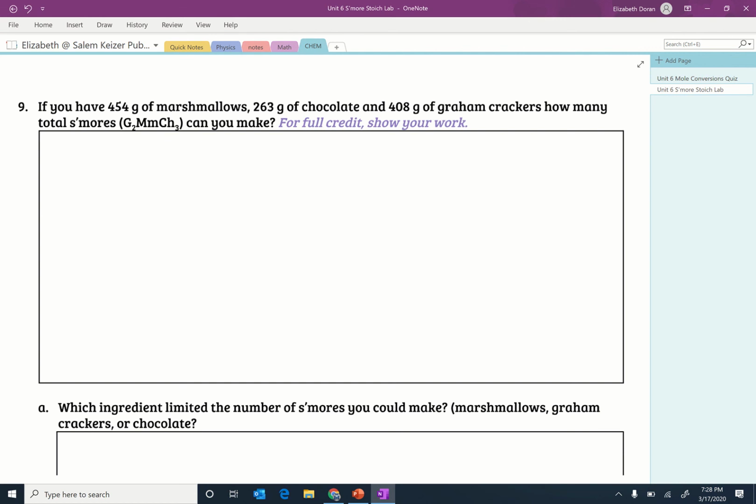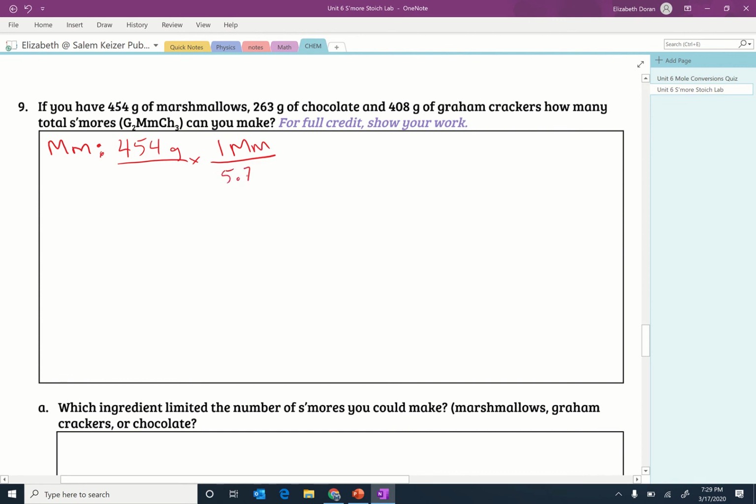Using 6 graham crackers. So let's look at this and how we can do math to figure this out. Let's first start with figuring out how many s'mores we can make from the amount of marshmallows we're given. We actually already did this calculation, but let's go ahead and do it again. So we're given the 454 grams of marshmallow. We know every 1 mallow is going to have a mass of